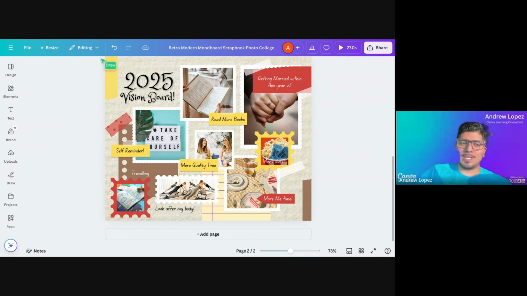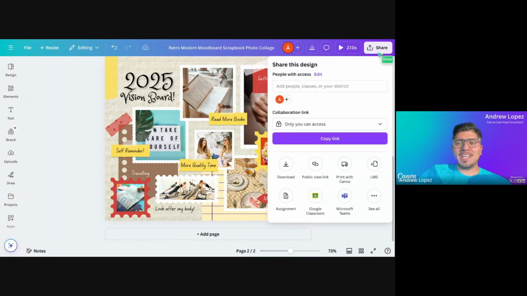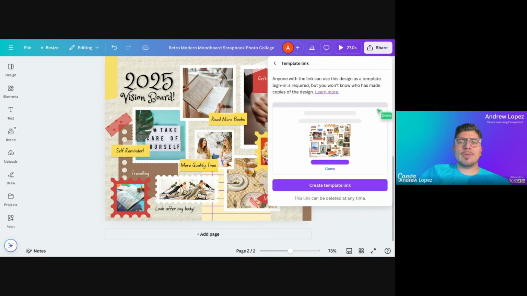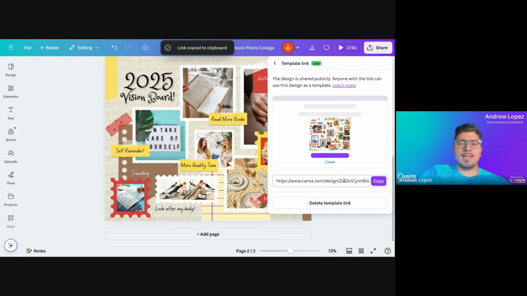Yes, another great question. See, this is why I don't mind you guys asking questions. So if you click on share here and you click on see all, there is a link that you can share with them called a template link. So for instance, if this is the template that we want to use for them to edit themselves, if you click on this template link here, it creates a link that would create a template for each person. So all you have to do is share this link, and then I'll just quickly show you what it looks like